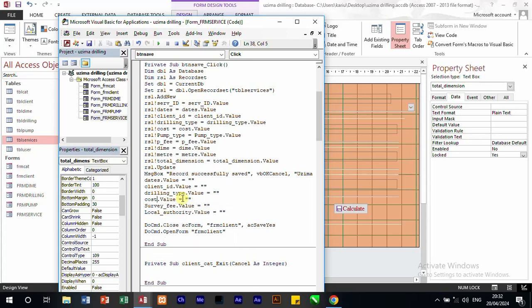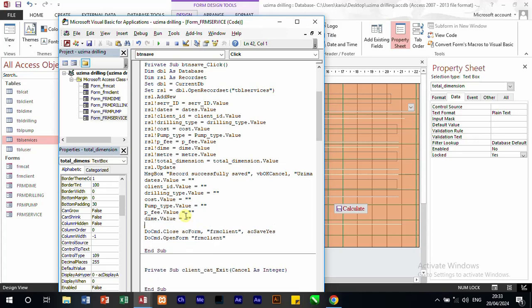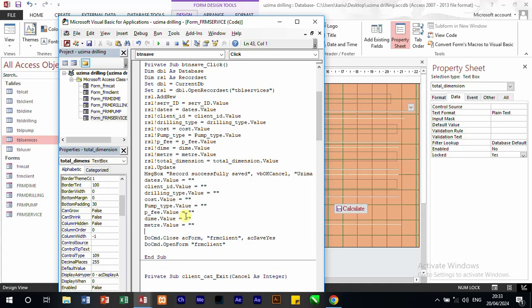dot value, then you have pump type dot value, then you have P fee dot value, then you have time dot value equals, then you have meter dot value equals, then you have total dimensions, dimension dot value equals,